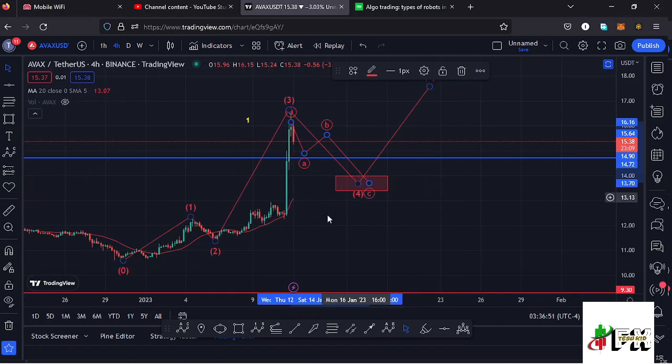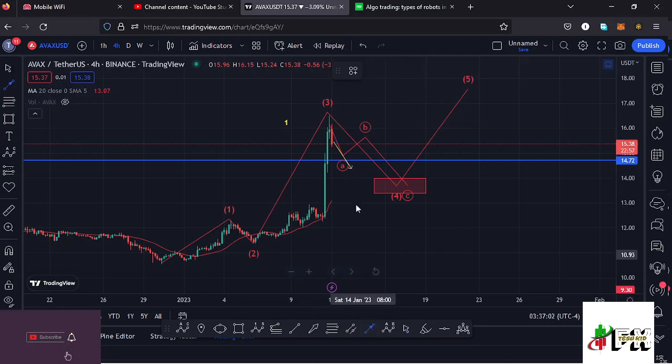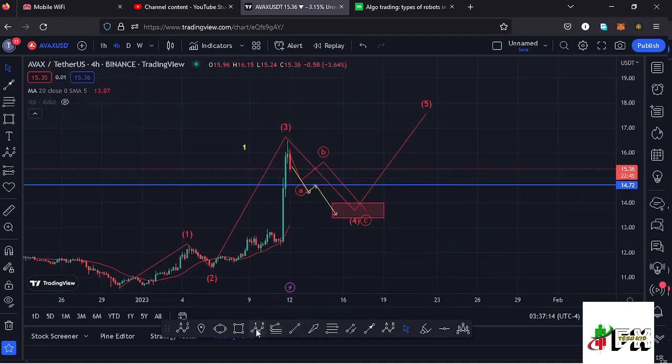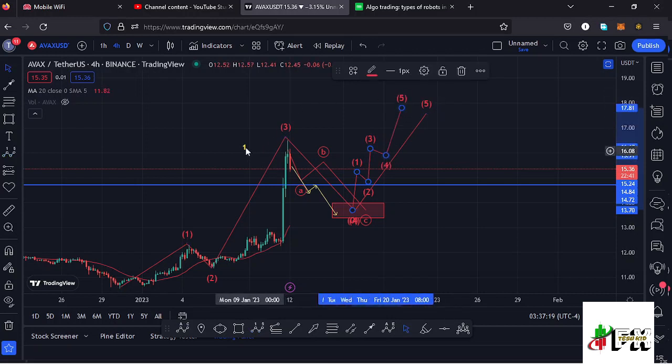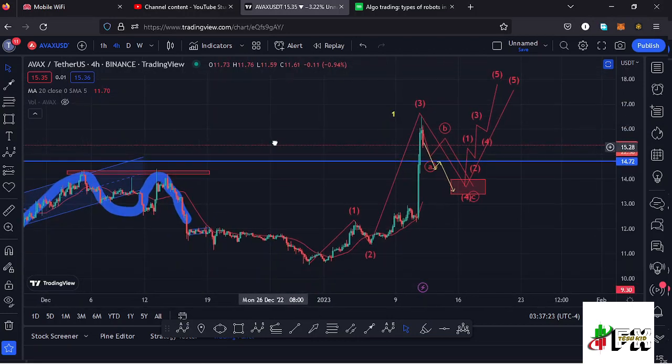And for that to also happen, we also need to lose the key area of support at around the $14.72 mark. So I expect Avax to continue pushing a little bit lower, get to that key area of support, and once we see a breakout below that key area of support, then I'll be expecting a retest, and once the retest is in, then we can continue pushing lower, fully maximize the formation of this wave 4 before we see another bounce to the upside in a 5-wave structure completing the formation of this wave 5 and also fully maximizing the formation of that higher Elliott wave count 1 to the upside. So let's be patient and see how that plays out.